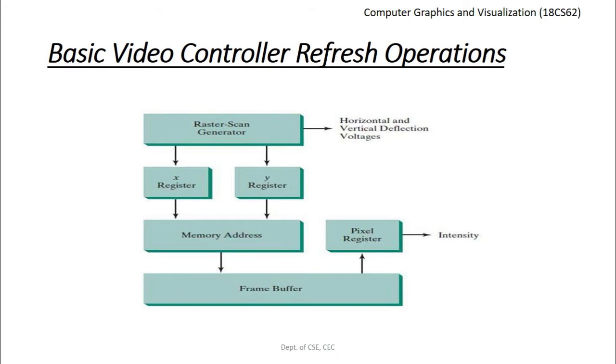So let us say we have reached the end of the scan line for a particular value of Y, the top scan line. Once we have reached the rightmost pixel, we need to move to the next line. The electron beam should go to the next line. So again, reset the value of X to 0, and the value of Y will be set to the value of the next scan line. The procedure is repeated for each successive scan line.